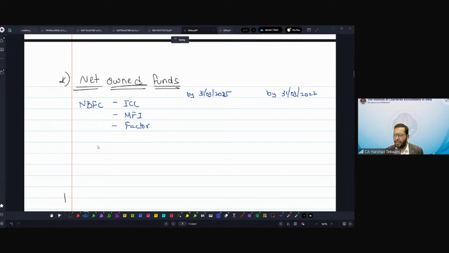Now what is this 31 March? Why do we have 2 dates for NOF? Earlier, based on the old regulations, their net owned funds was 2 CR. Old limit was 2 CR. Now, when new scale-based regulations came, they said now we will increase to 10 CR. But rather than increasing with just one click, from tomorrow 10 CR, what they did is they provided a path. You gradually increase to 10 CR. That from 2 CR, first you bring by 2025,